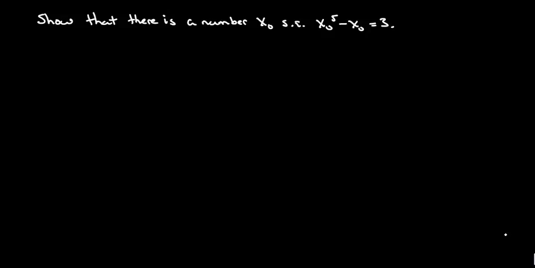For example number 6, we're asked to show that there is some number x0 out there such that it satisfies this equation right here. Now, here's how we're going to do this. What we're going to do is let this guy right here be equal to a function. So we're going to say, let f of x be equal to x to the 5th minus x. And what we're going to do here is, if we take a look at this function,